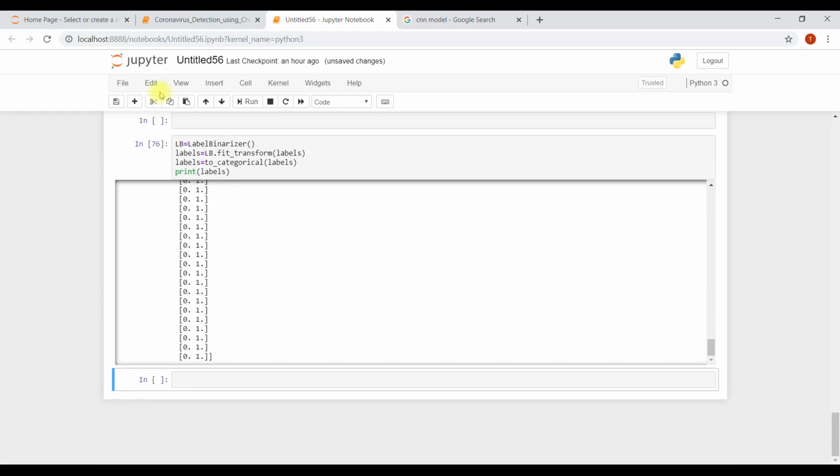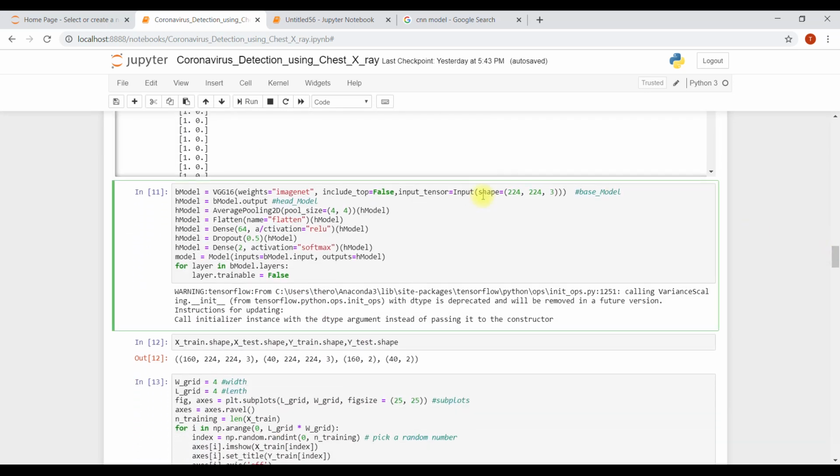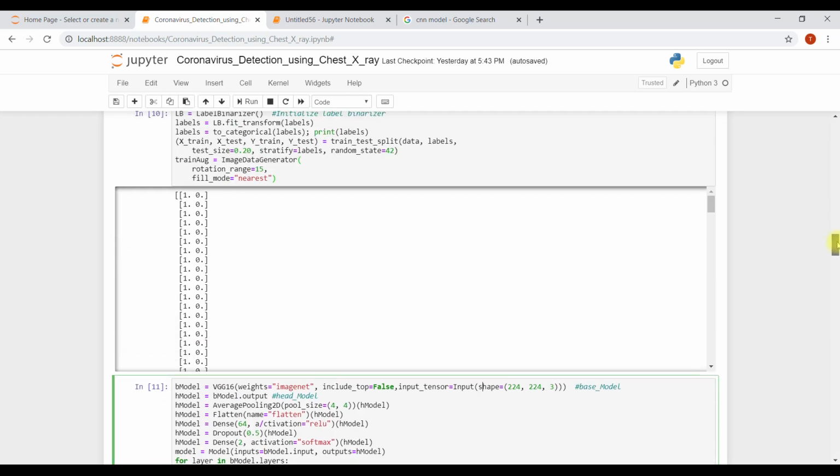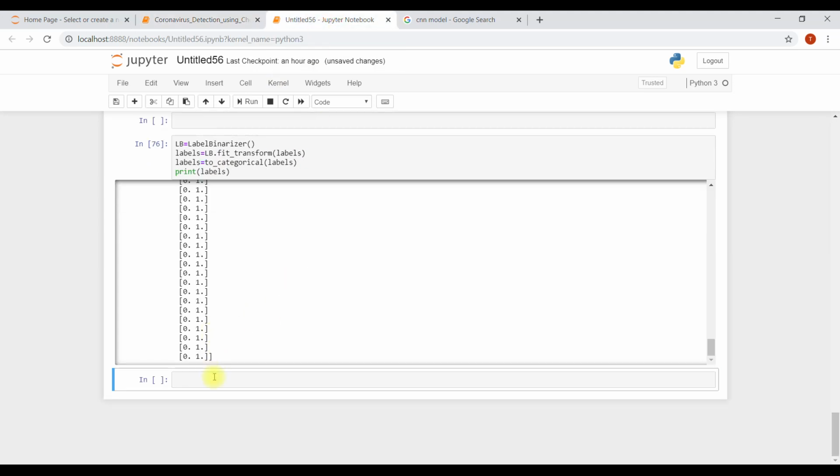Okay, so let's go ahead and make our simple CNN model. Before that we need to of course split the data into training and testing. So let's split this out, see how we can split it. X train, X test, Y train, Y test. I will explain what I am doing.